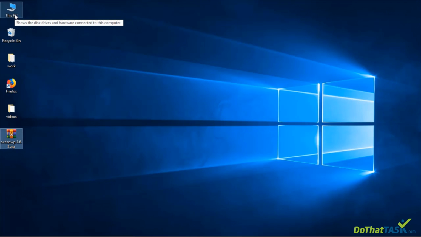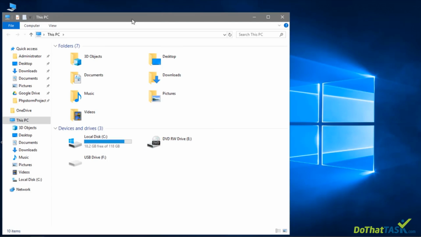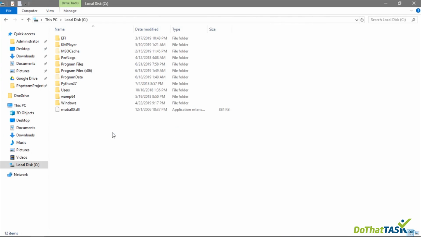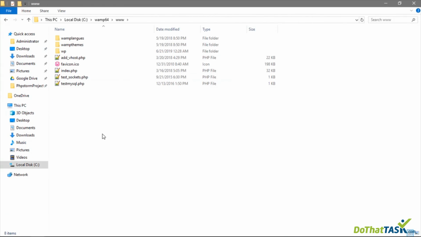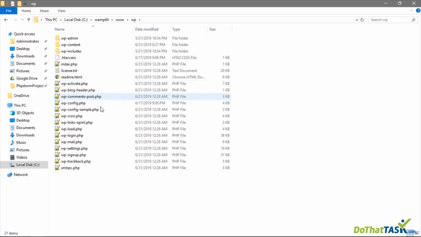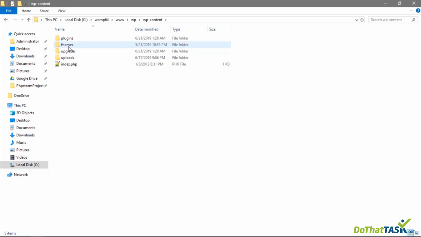How to do that? Open up your corresponding directory of WordPress. You should just see some folders like wp-admin, wp-content, or wp-includes, and you should go to wp-content. In wp-content you should go to themes and paste your